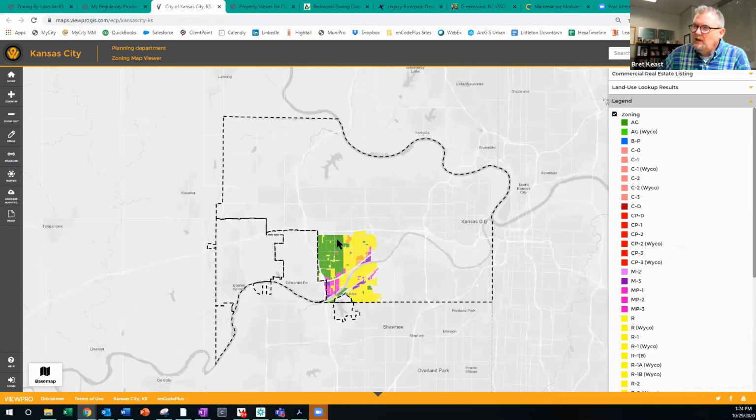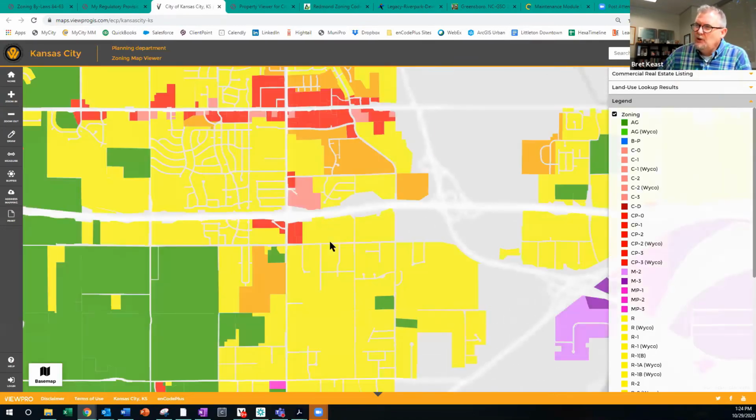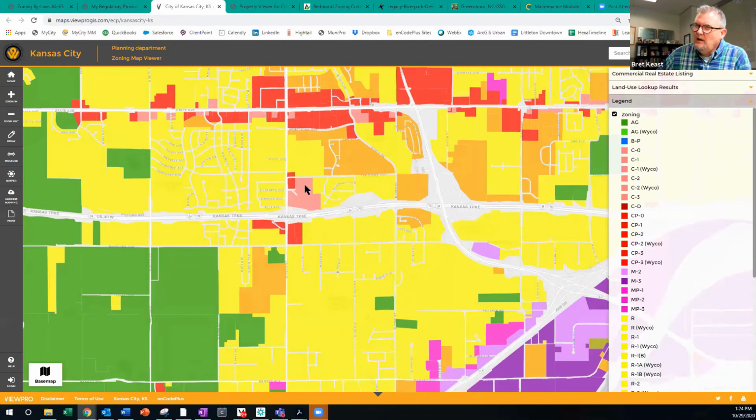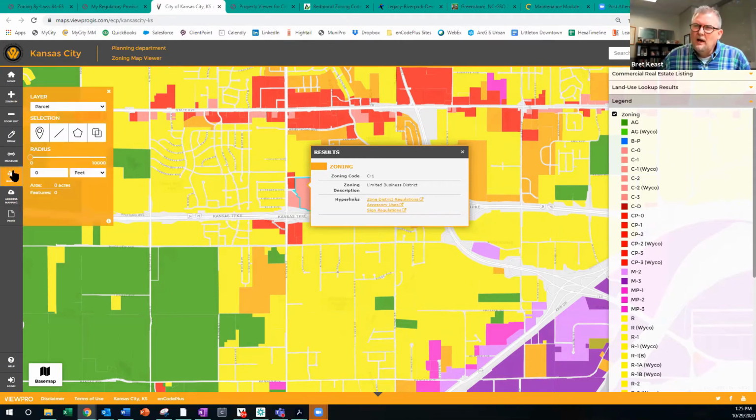This is a large city and consolidated government. One of the unique things that I'll show you here is if you click on a particular parcel, it'll bring up and show whatever information you choose to show. So this will show all of the requirements or standards that are applicable to this property. We can also identify